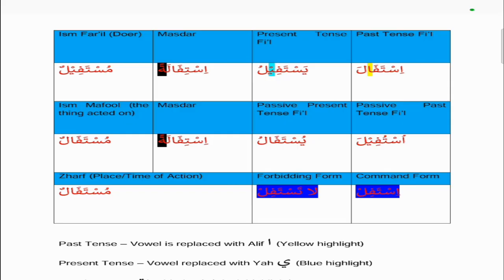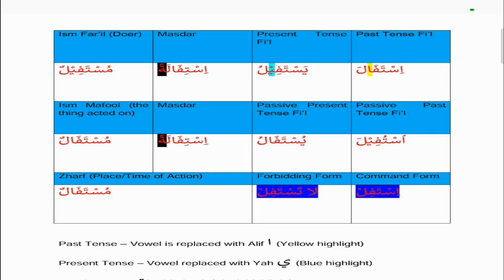And then we take that into consideration with respect to what to put on the alif, the new alif. So it will be a kasra, so it becomes istafil. So that's the commanding form, and the forbidding form is la tastafil. So again, present tense yastafilu, take the anta version tastafilu,